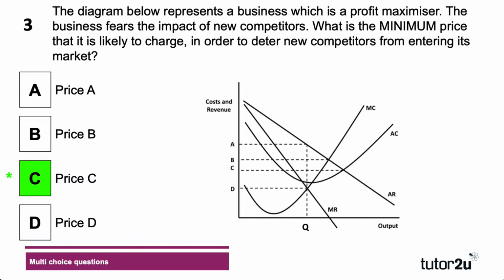Remember, that is in effect limit pricing. So this firm is choosing a price that's as low as possible, making only normal profit. And that should hopefully deter new competitors who might actually have higher costs than the incumbent firm, because they haven't yet got economies of scope or have not yet got good suppliers in the market and so forth.